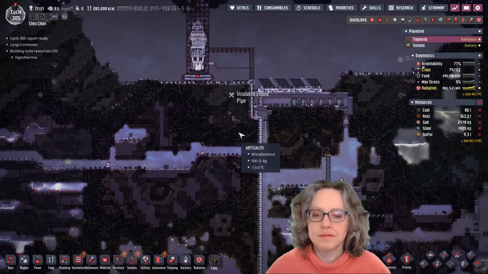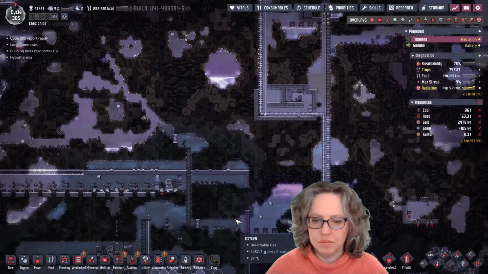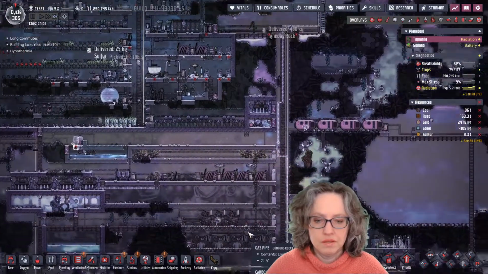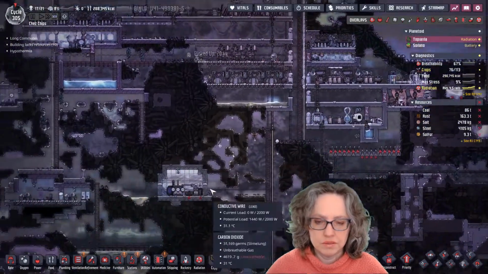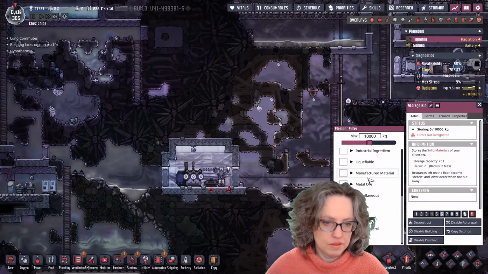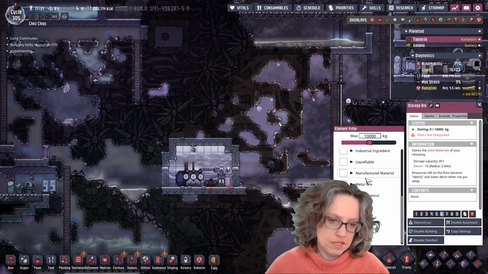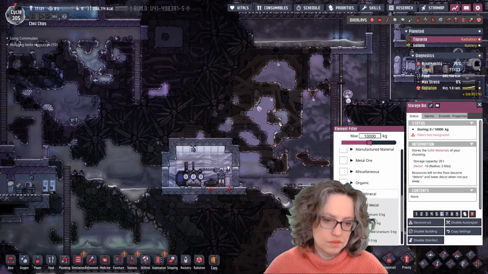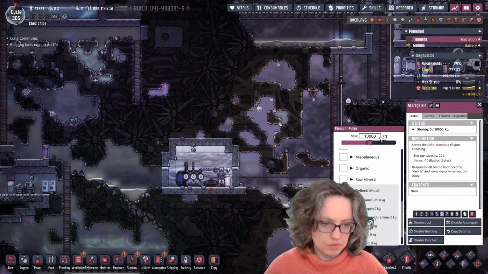Oh yeah, making atmosuits for the other planet. So I queued some of that up. That's fine. And then here, I think what I'll do is I'll send over some... They're gonna need probably gold. I'll send over some gold. We'll make this